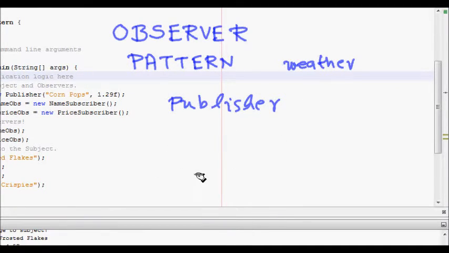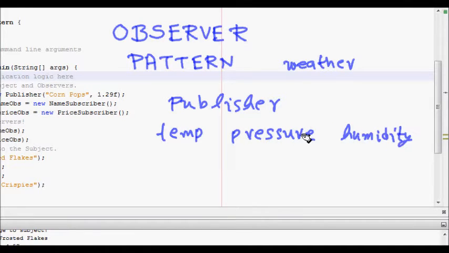A lot of them are subscribers to your publisher, the weather department, and it has the temperature, pressure and humidity. These are the three pieces of information that the weather department has got.